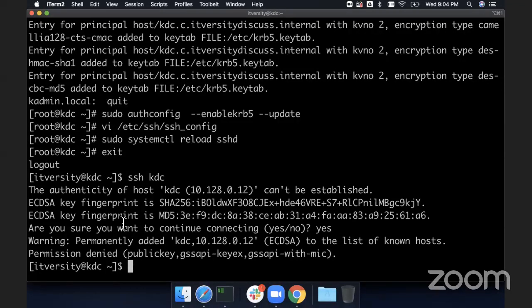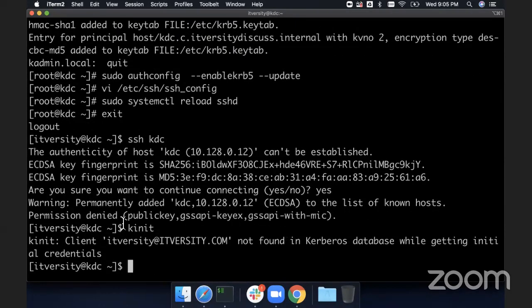The reason is we have configured the client, but we haven't created the ticket. One of the key components with respect to Kerberos is the ticket granting server. You need to get the ticket so that you are allowed to use the service. So here, as ITversity user for which we have the principal already in Kerberos, we can say kinit because it is configured with